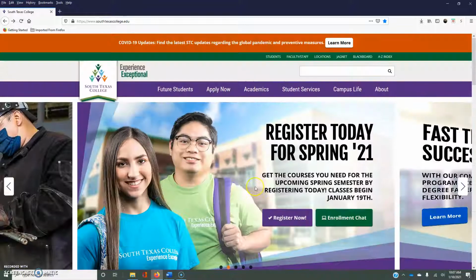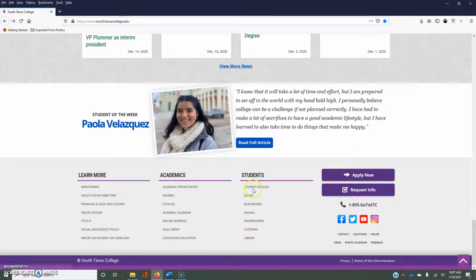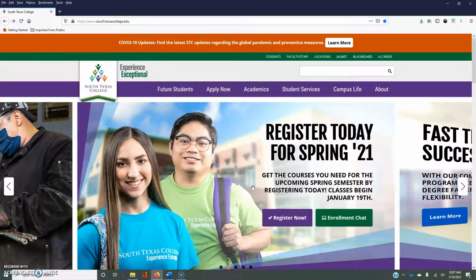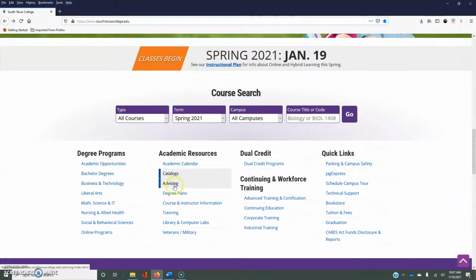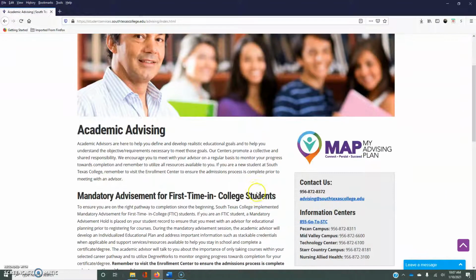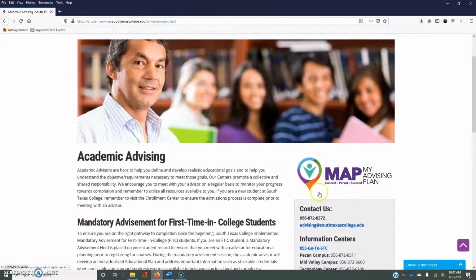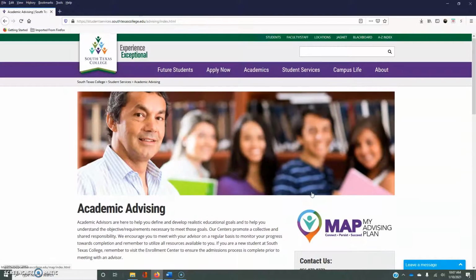And then if we go back to the homepage of STC, the website of STC is chock full of tons of information that is on the scavenger hunt, but also just if you need to know information in general. So if you're looking for a question about advising, for example, and you click on the advising link, there's a lot of information within here in the website, but you can also call advising, email them on any of the campuses. So that is definitely another option for you to find the answers to your questions.